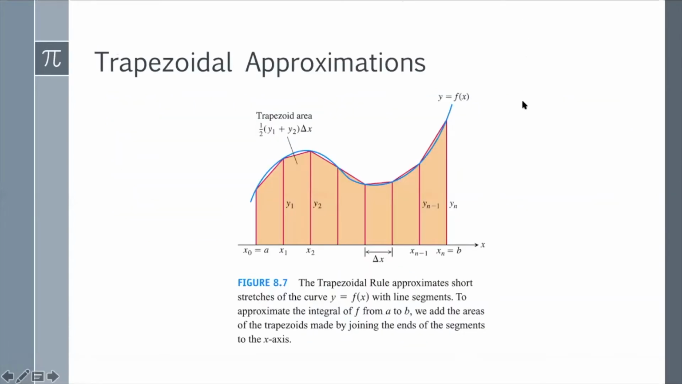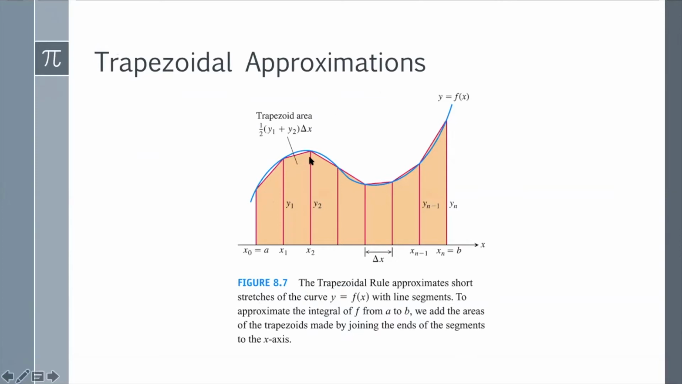All right, so we're going to be looking at two different kinds of approximations in this section. The first kind is called trapezoidal approximations, or the trapezoidal rule. So the idea behind this rule is that you take your function and take the interval that you're integrating that function over, you chop it into little subintervals, and then you fill in the space under the curve with trapezoids,